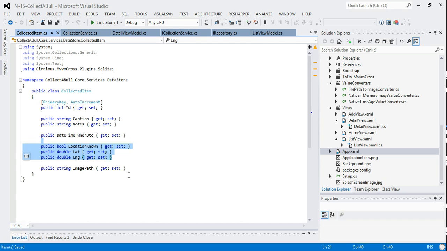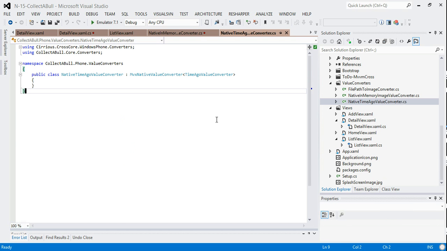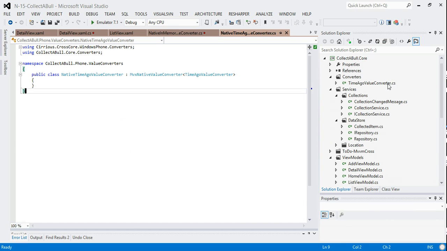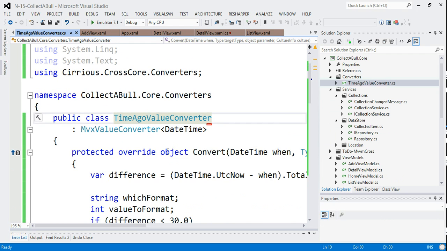So again, we could add another converter for that, so let's do this. Ultimately we want to display the location on a map, but we can't do that right at this moment. So what I'll do instead is, just because it's a bigger step than will fit into this time gap, I'll apply a converter to this location. So I'm going to create another value converter, make that a little bit smaller,